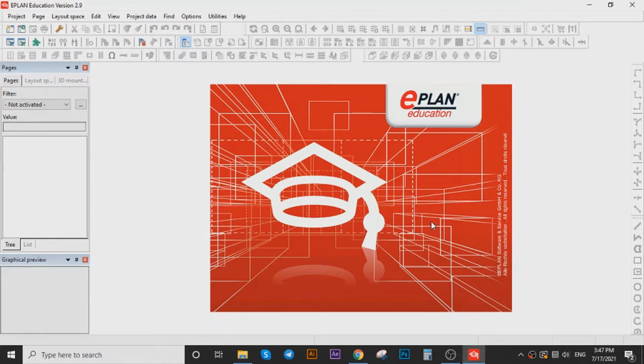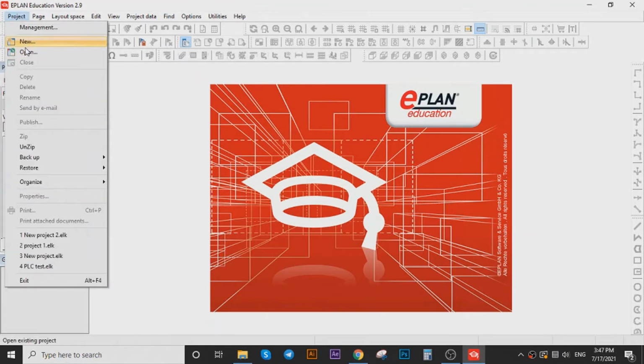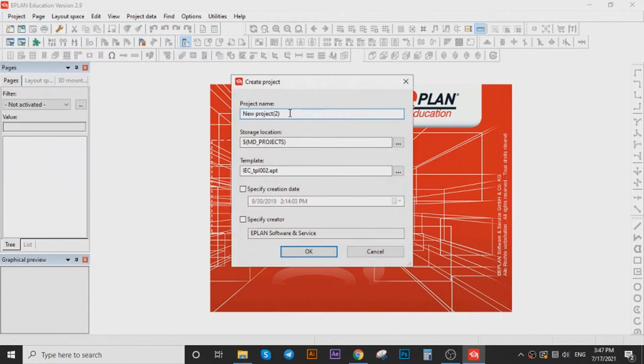Platforms are very useful when we are delivering works for schematics to the customers. It shows all the information and details about the work and companies and all other information. So in order to do so, we're gonna create first of all a project. So we're gonna call it, for example, new project platform,